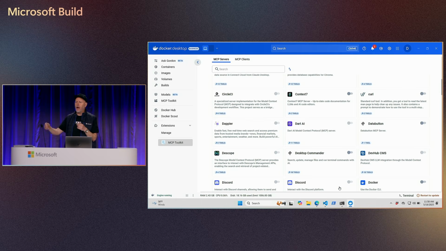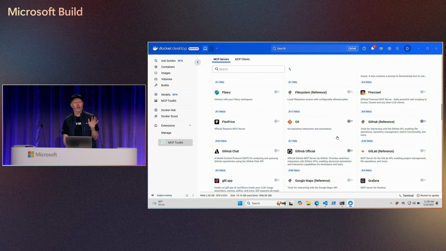So the same way that you've learned how to package and move software around with Docker, we're bringing that to MCP as well. The first catalog that you see is just filled with things that I can do with Docker containers. And any MCP that you can put in a Docker container, you can start to look at building agentic applications with that.